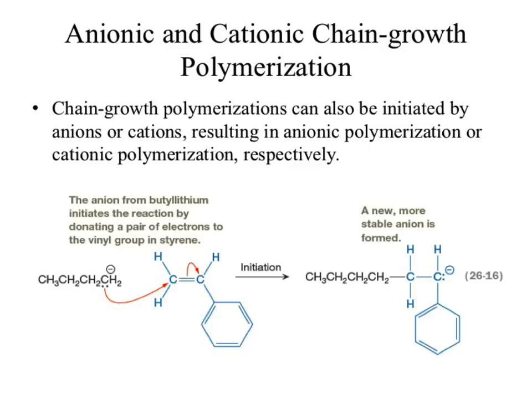This is another big one when we look at our addition reactions. We can encounter what are known as the anionic and cationic chain growth polymerizations. When we're looking at our additions, we typically just say we do radicals, but we can initiate those reactions using a cation or an anion. In this case, I'm using a super active, actually, sure, name this reagent for me. As a hint, give me the G name. You could use a Grignard reagent to force that reaction with our alkene, which then makes